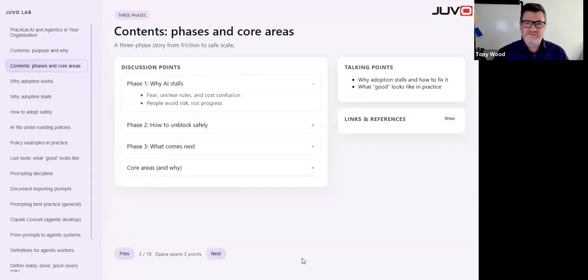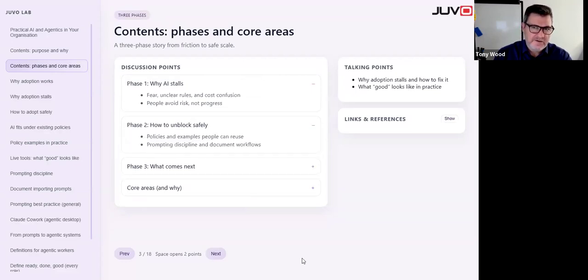Just as a TL;DR, the reason it stalls is generally a little bit of fear from all people involved, unclear rules, misunderstanding about cost, because it does cost, and people looking to avoid risk. We've got some techniques in here to unblock that.